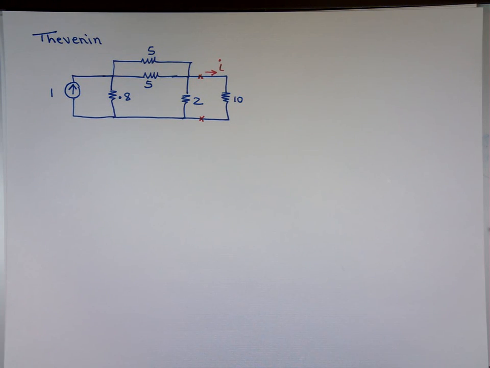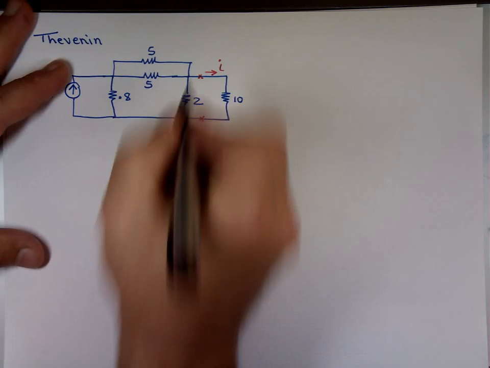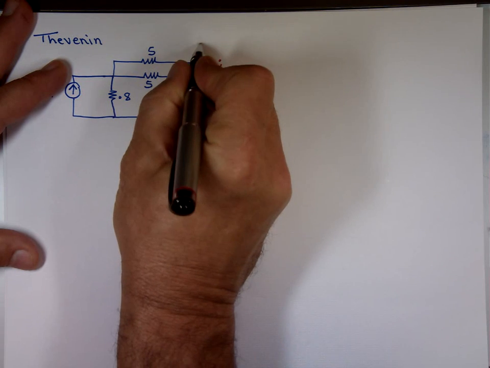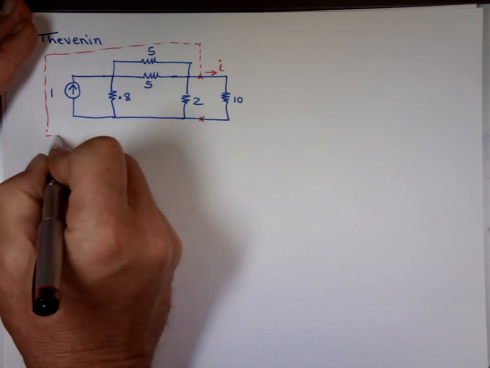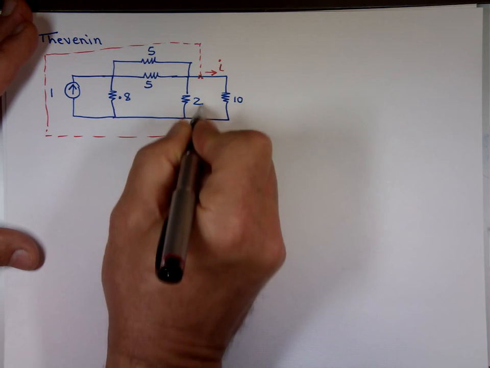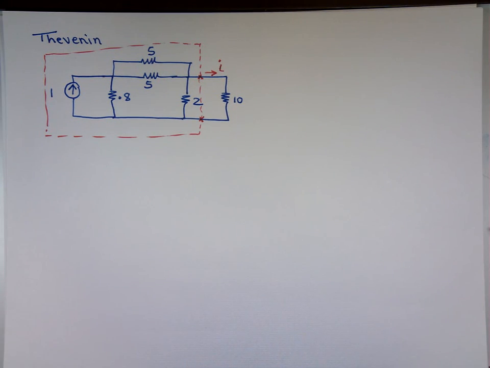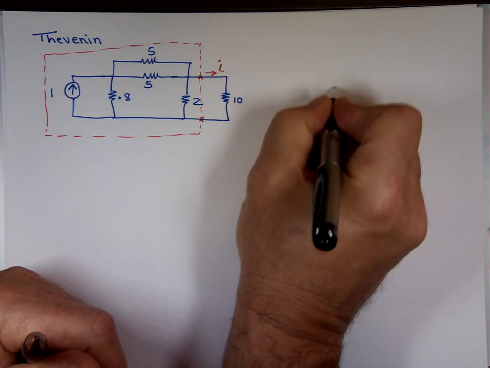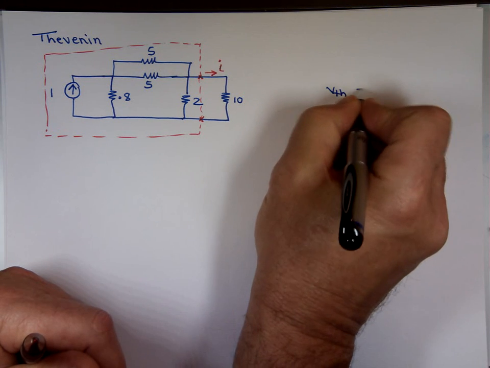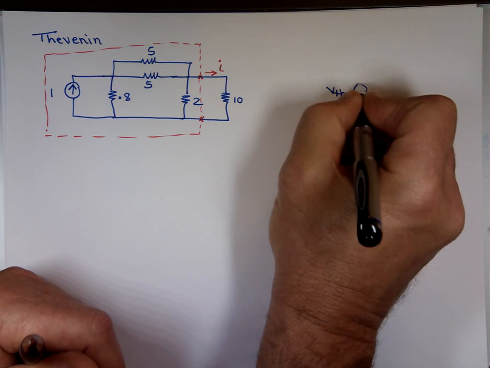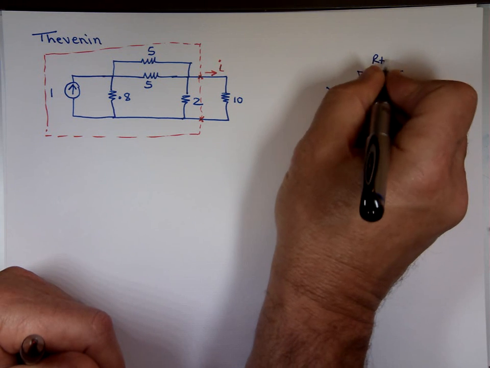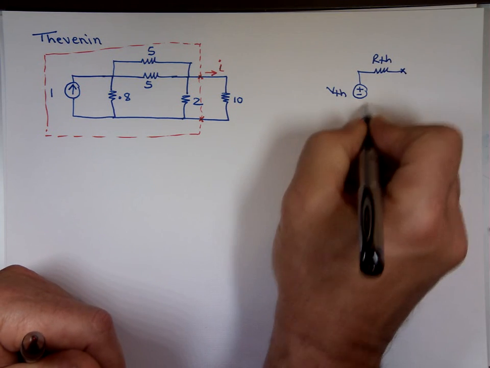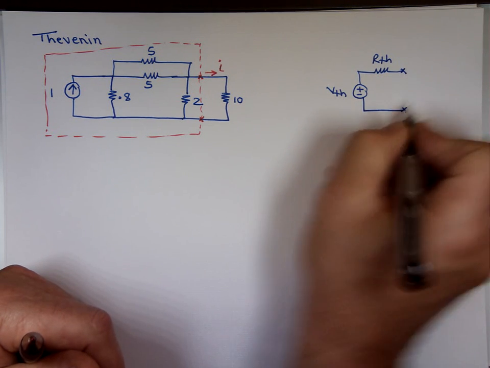That's where we're going to cut it, and replace all of this, all this, what you see there, with a voltage source, we'll call it V Thevenin, with the resistor here of R Thevenin. This is the cut right there, and this is that